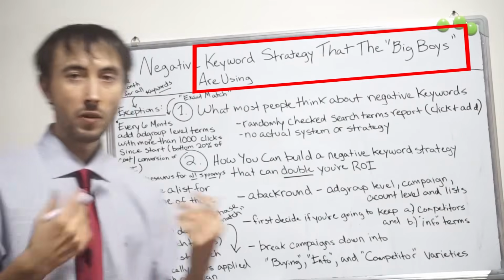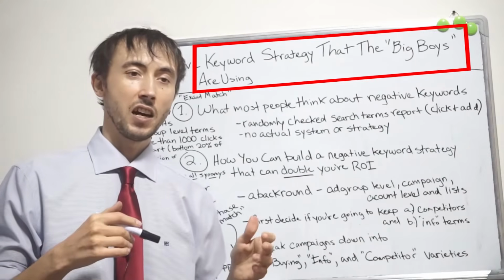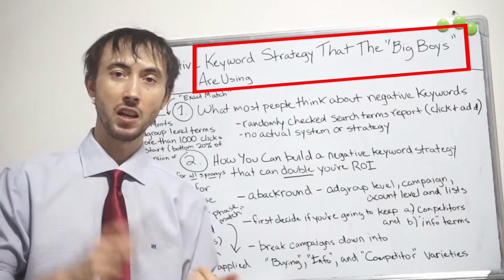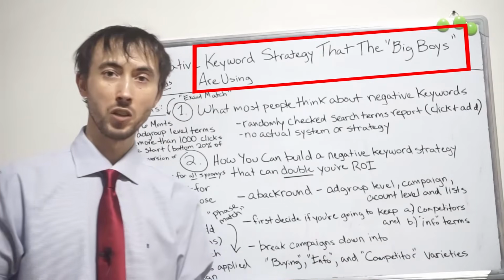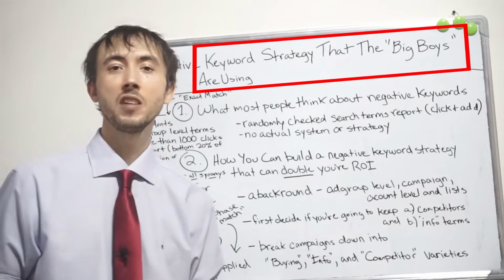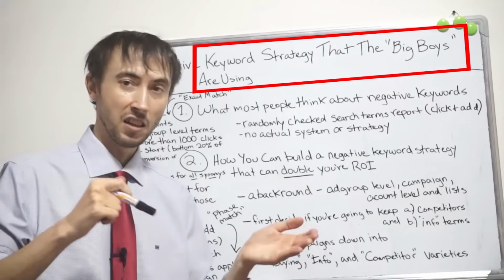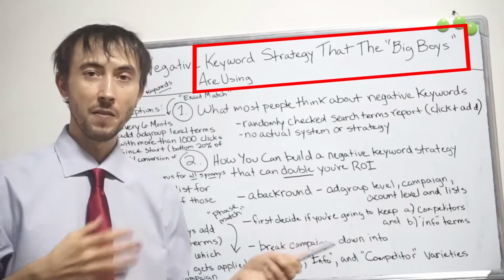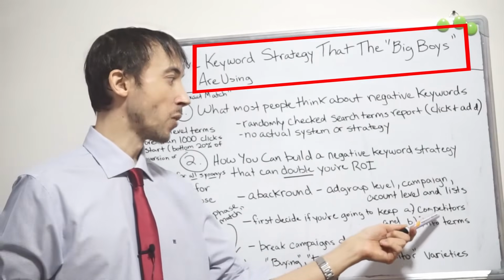And by the way, as a side note for a little extra credit, you can find lists out there. If you don't have one, I could give you one that has all the common negative terms you'd normally want if you don't have any campaigns targeting info terms. Pictures, schools, PDFs, all this stuff where people are looking for information, the most common ones that I've compiled over the years. I add that as a negative list to all buyers campaigns that I have in the account, or it might be the whole account, of course, because they're all buyers campaigns,